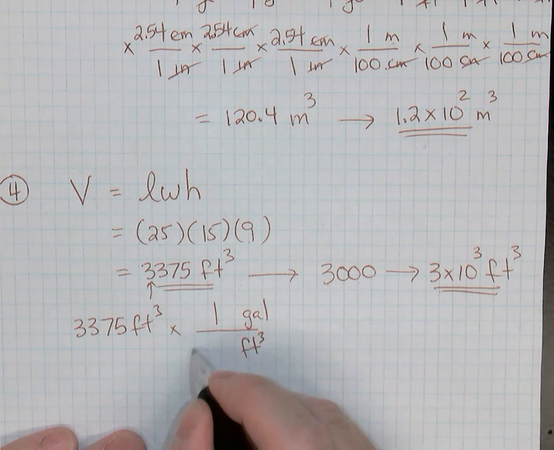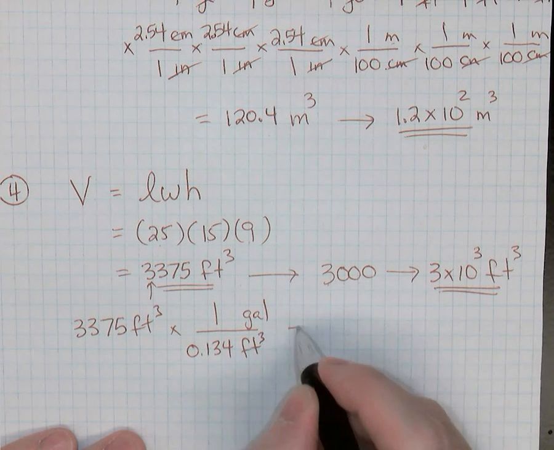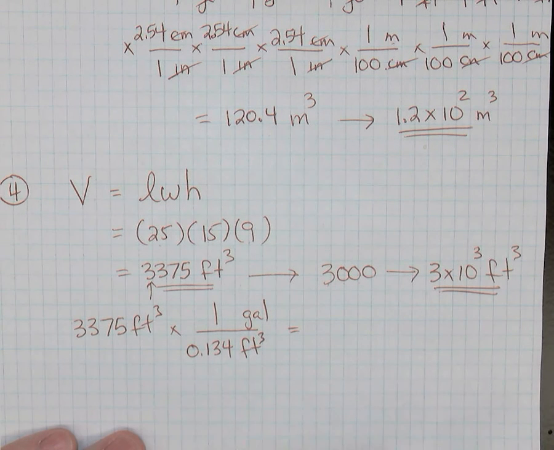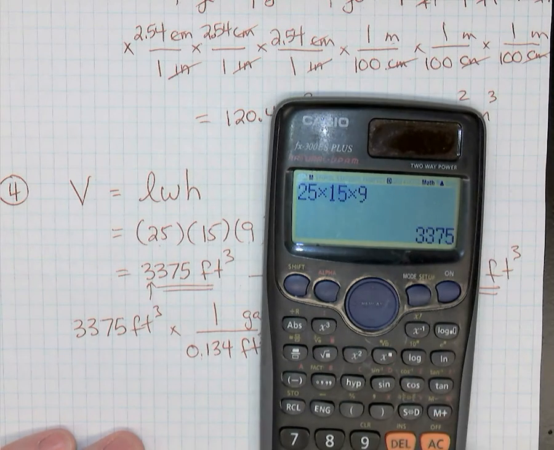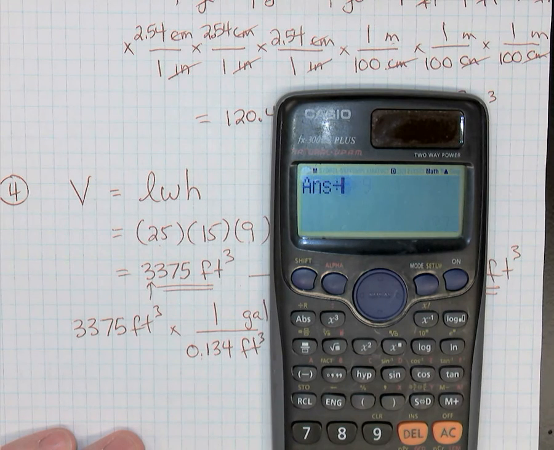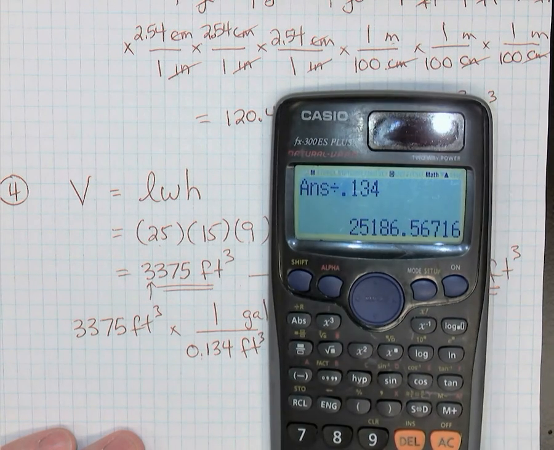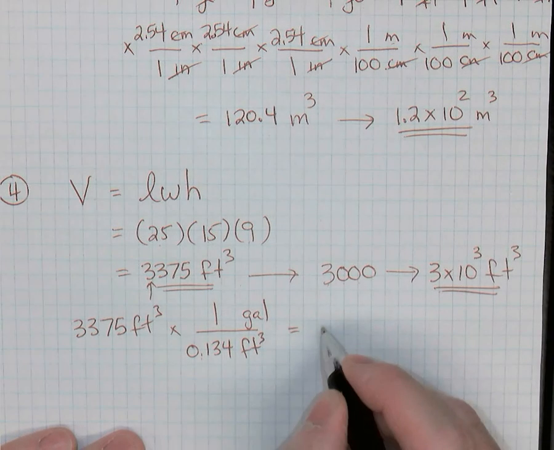1 gallon is 0.134 cubic feet. When we ignore the 1, because to multiply by 1 doesn't change anything, the 0.134 is in the denominator of my unit multiplier, so I'm going to divide by that. So 3375 divided by 0.134 is 25,186 point something, so